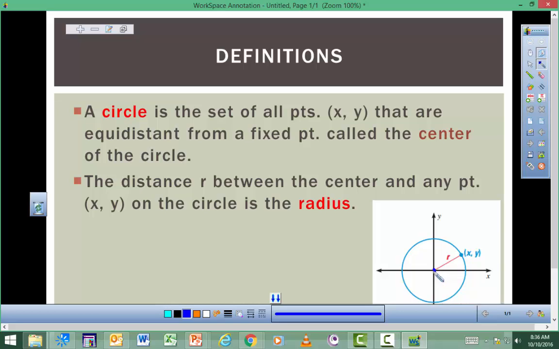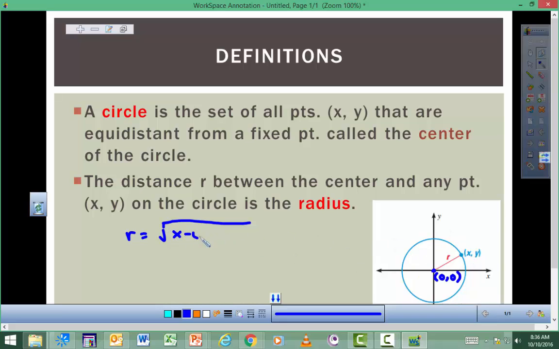Well, the coordinates right here would be 0, 0. And so if you wanted to find the distance, this radius, you'd say r is equal to the square root of what? Well, it's equal to the square root of